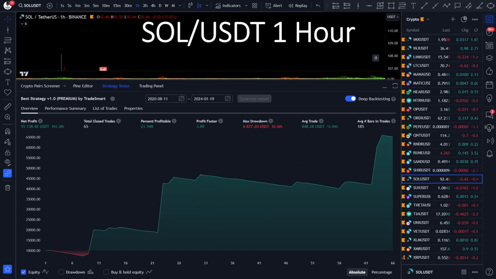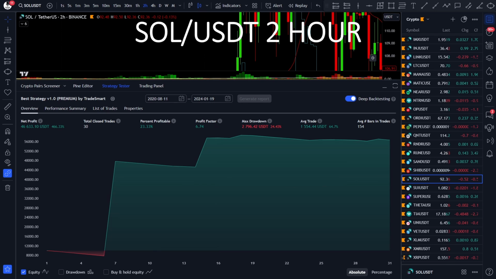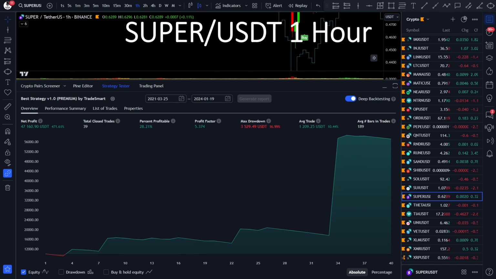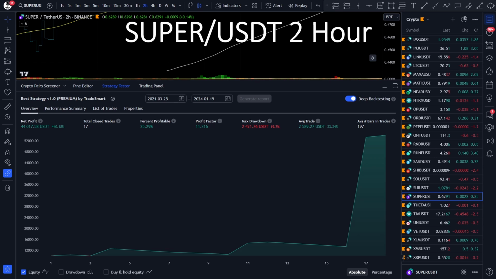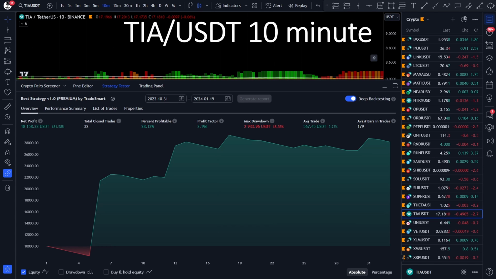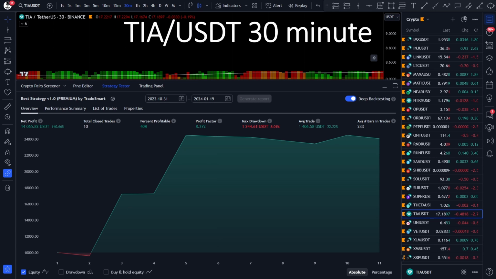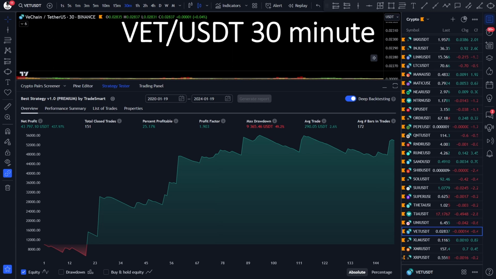As you can see, this strategy works on multiple assets and timeframes, which is always a good sign. If a strategy works on multiple assets, it can indicate that the strategy is robust, not overfitted, and has high potential to perform good in live trading. But of course, this is not financial advice, I am not a financial advisor, past performance does not guarantee future results. One other thing I also noticed is that this strategy catches basically every single rapid pump in Bitcoin successfully